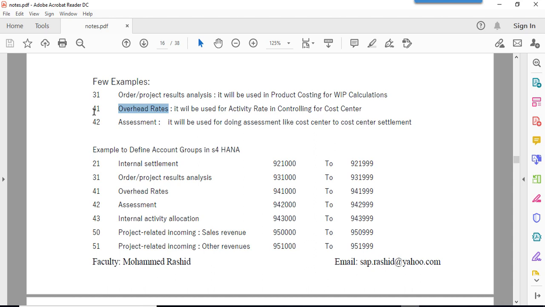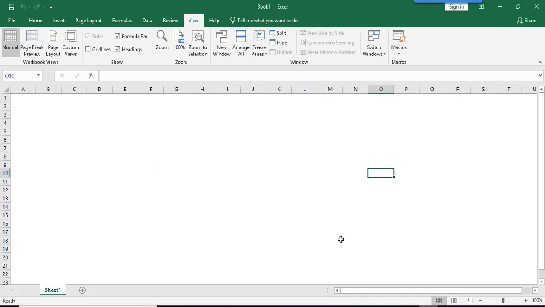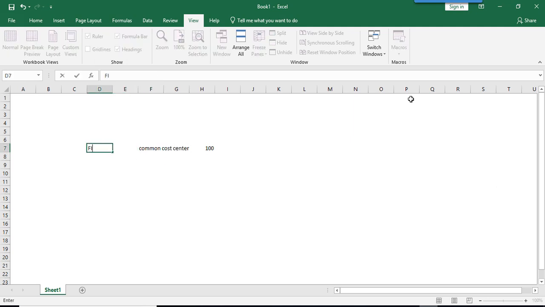And 42 category cost element, for example, there is a common cost center. What we will do, we will debit all those expenditure to one common cost center. Let us take one example here, 100 USD. This is common cost center. We will debit this from FI posting.